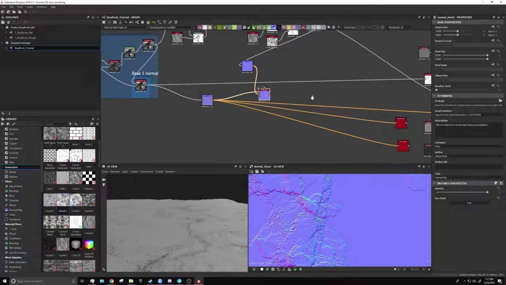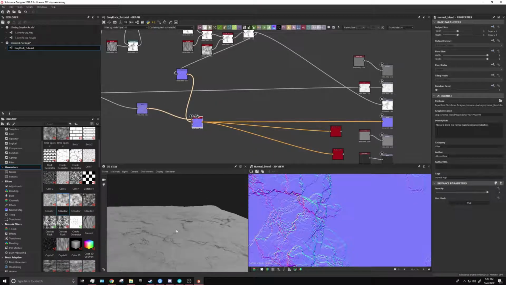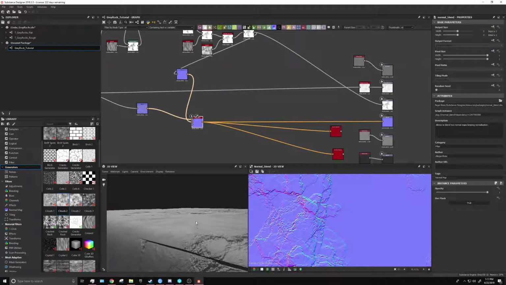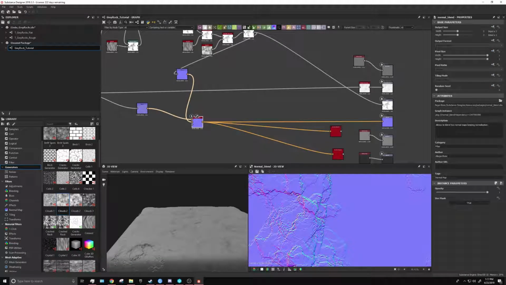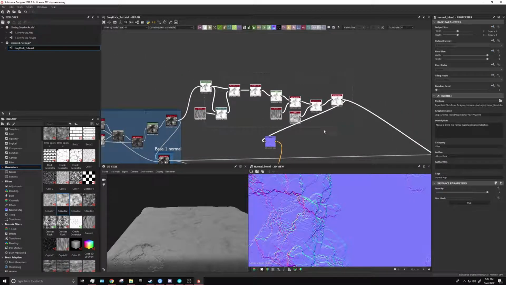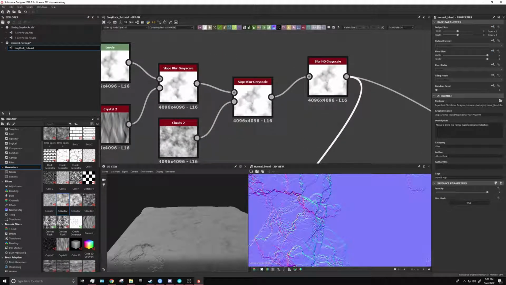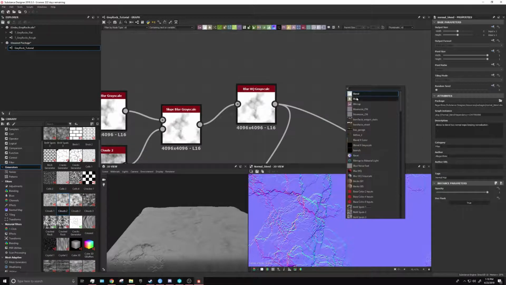Okay, so then take this normal and just replace everything that uses it. Okay, so you see it changed a little. Now, I know why I was confused. So let me show you why I was confused. So if I take these that are specifically just for the height map, and then add a blend